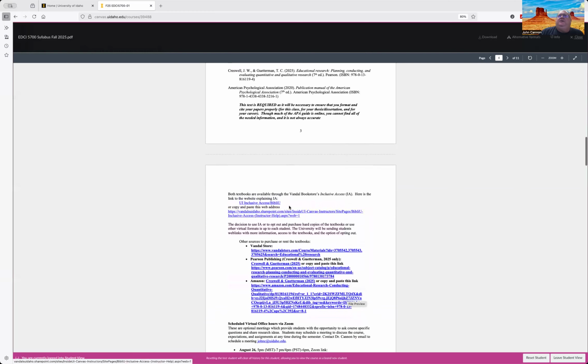And here is the inclusive access. And I'm going to show you, Canvas has done a good job of now having a link on the website. When inclusive access first started, it was kind of a very non-user friendly way of getting you to the textbooks.